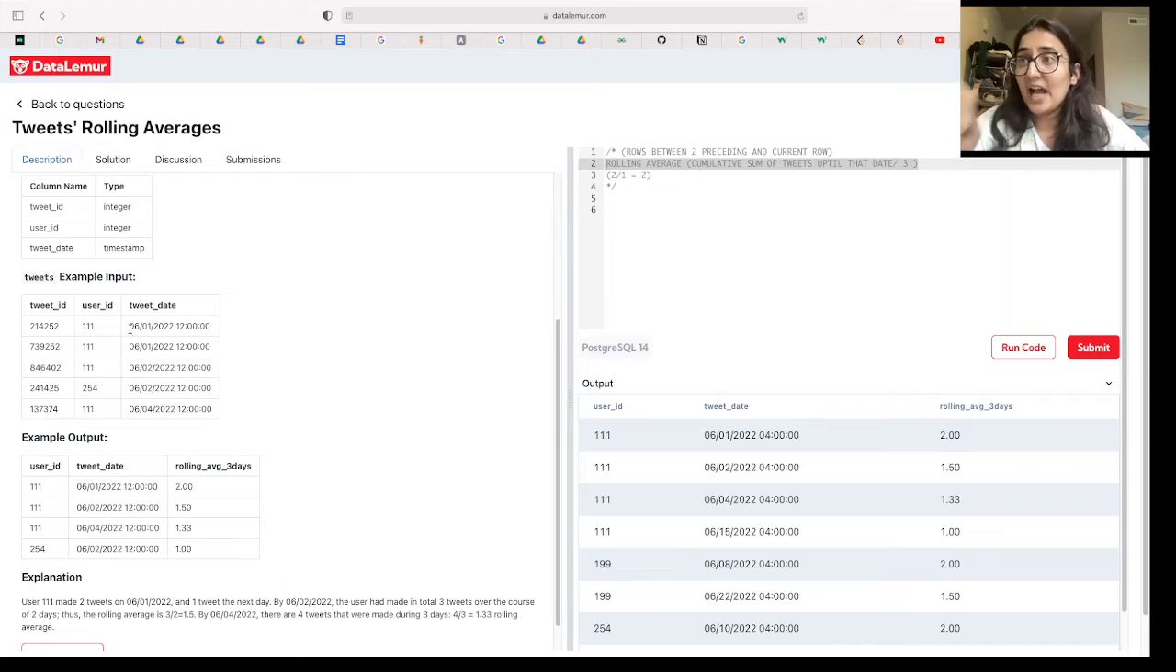ID starts at 1st of June, so we do not have prior information about the preceding rows. So what we'll do is just divide it by 1 in this case because we do not have prior information about the number of tweets. So we're going to only take the rolling average over the course of 1 day for the first example. So therefore,